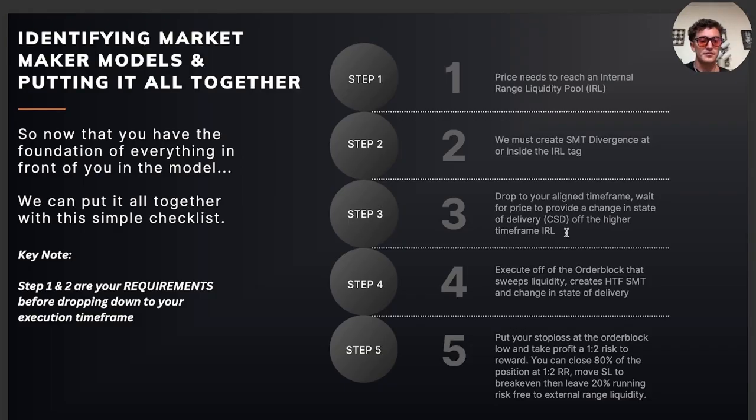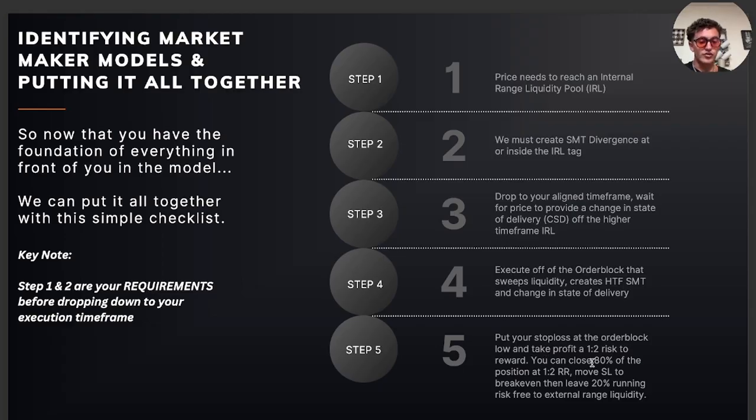Now, step 4 is you execute off of the order block that sweeps liquidity and creates higher time frame SMT and change in state of delivery like I showed you guys before. That is exactly what you do. You execute off of that candle that creates the change in state of delivery off of that higher time frame key level. Now, step 5 is putting your stop loss at the order block low, and you're taking profit at